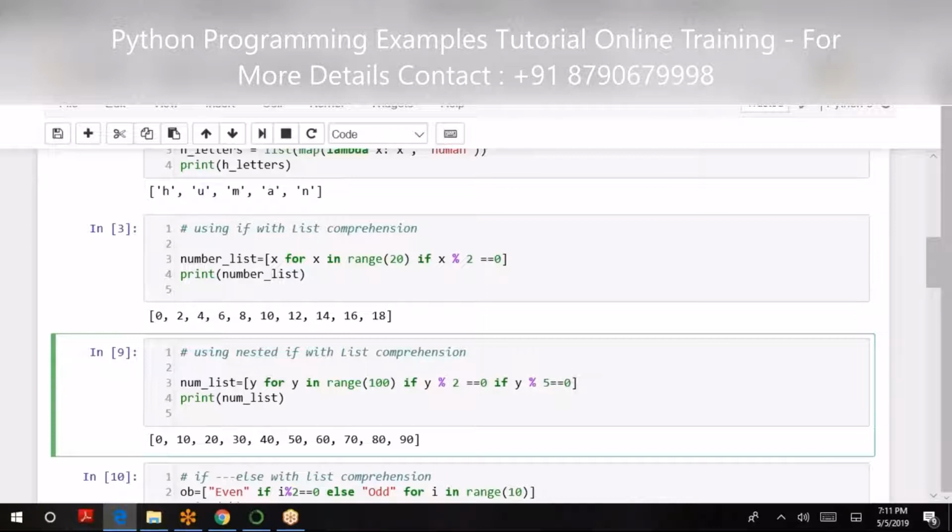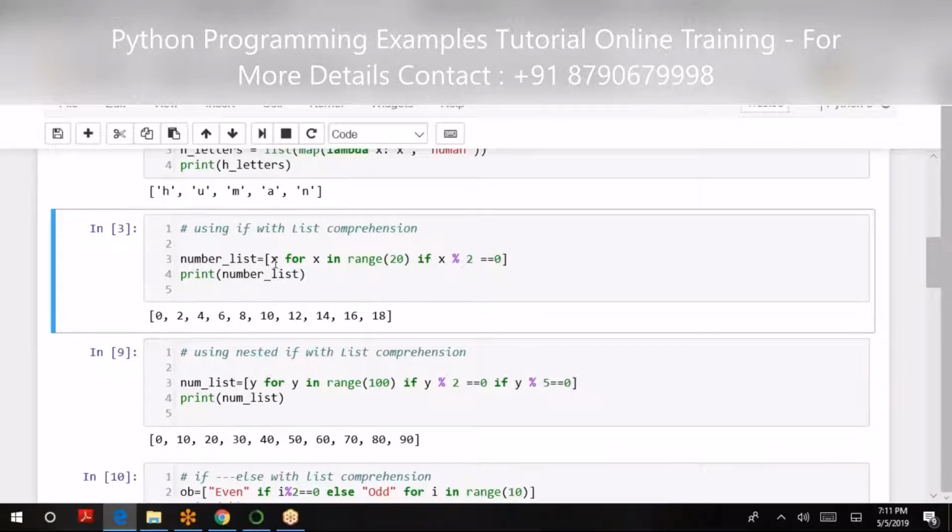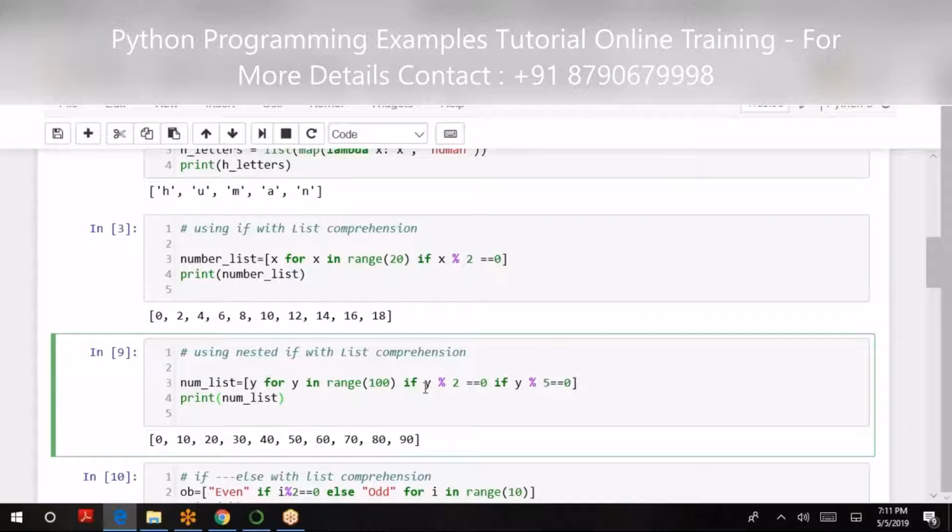Here also, when I ask it to get me the modulus 2 values between 0 to 20, it only has values less than 20. It does not count 20. Likewise, for this condition it will give us the modulus 2 values, that is, all the even values between 0 to 100 but less than 100, that is 0 to 98. And then in the second stage it will take modulus 5 on that. So I will have the sorted array likewise.